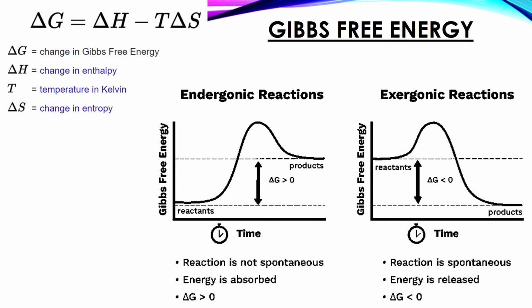A spontaneous reaction is considered to be natural, because it is a reaction that occurs by itself, without any external action towards it. A non-spontaneous reaction needs constant external energy applied to it in order for the process to continue, and once you stop the external action, the process will cease. If the change of G is negative, then it's spontaneous. If the change of G is positive, then it's non-spontaneous.